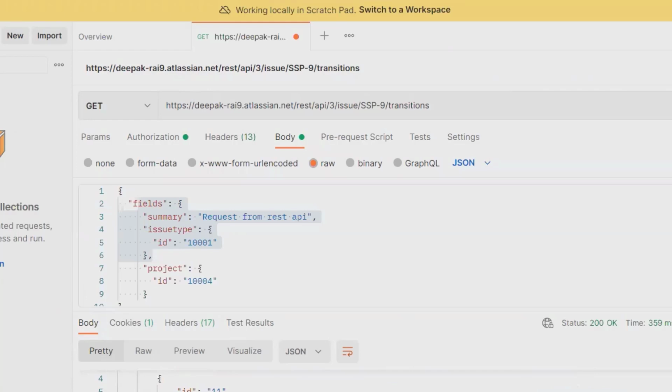You can see here this is lying in the To Do status, with details about the defect. Then you can see several others, like In Progress, where the ID is 21 and the status category is yellow. So this is how we can get the status transition details in Jira through the REST API.